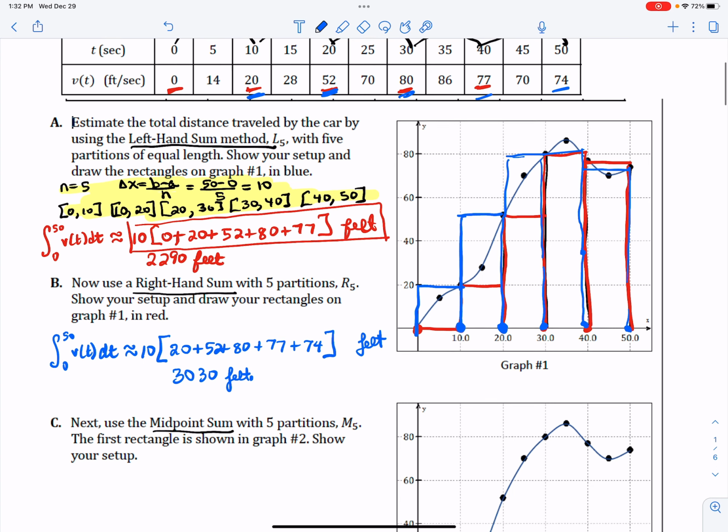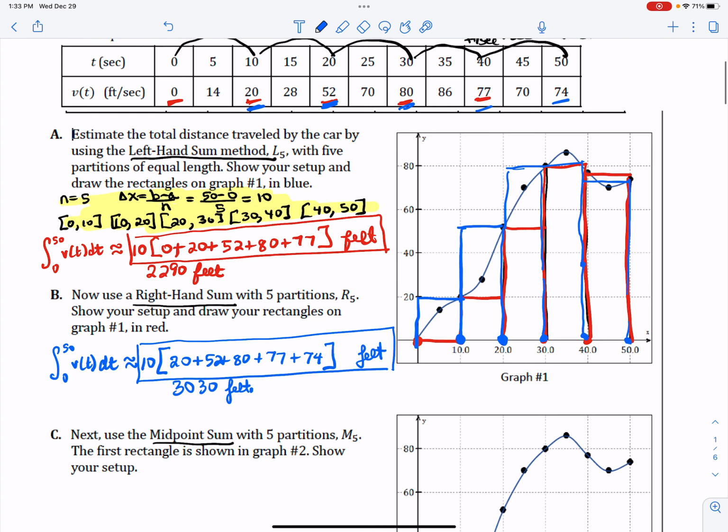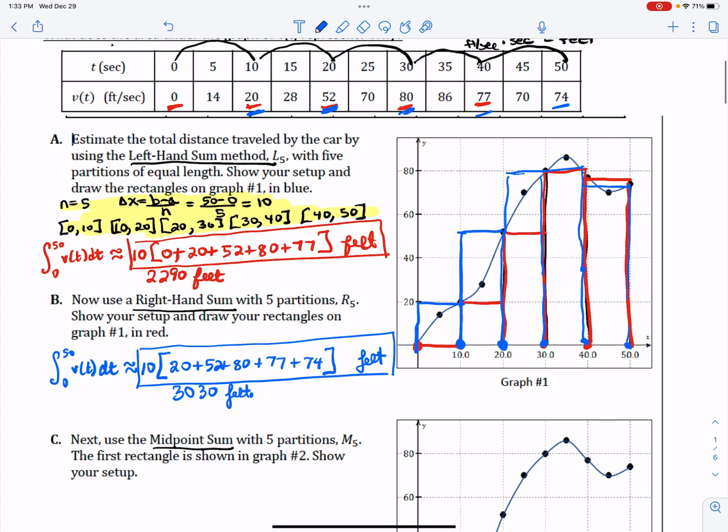Now, midpoint RAM doesn't involve averaging at all, okay? The averaging would only come in when we were doing the Riemann sum, finding the limit as n increases without bound. But here, if we have a chart and we don't have the function, we find the midpoint by looking at the middle term